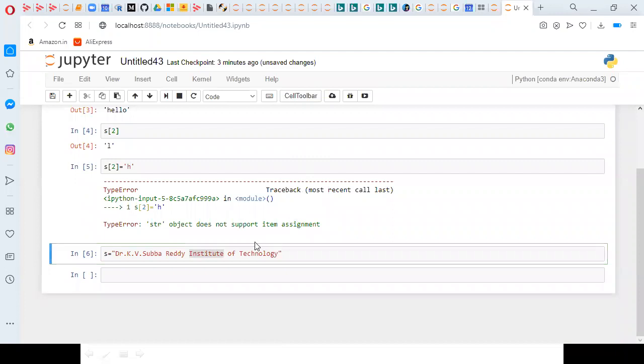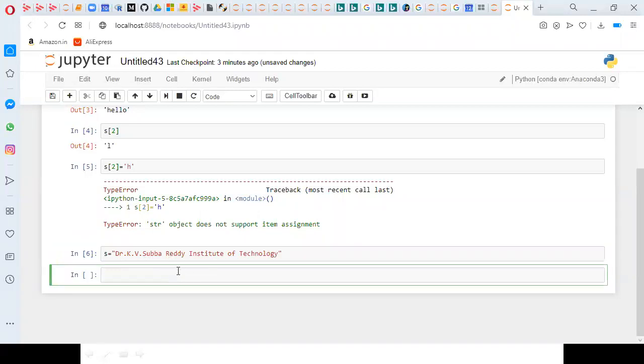Then I need to find the index of I. If I start from index 0, this is 0, 1, 2, 3, 4, 5, 6, 7, 8, 9, 10, 11, 12, 13, 14, 15, 16, 17, 18, 19. I'm starting from 19, so I write brackets, starting index 19, colon, ending index.